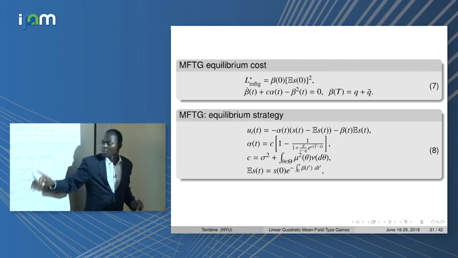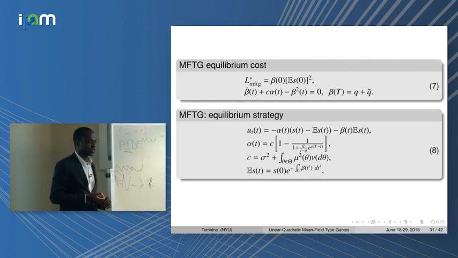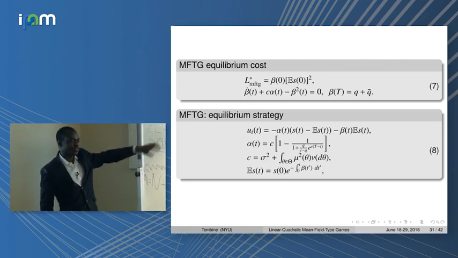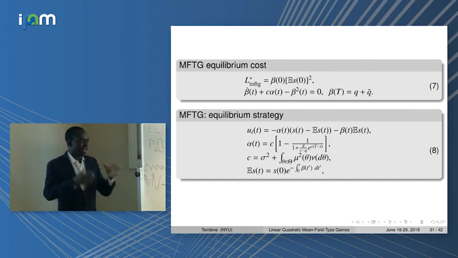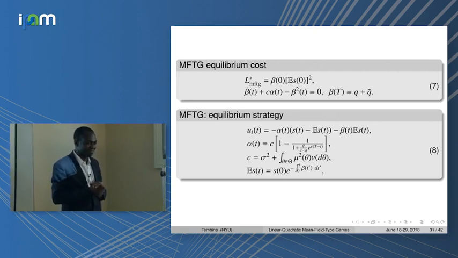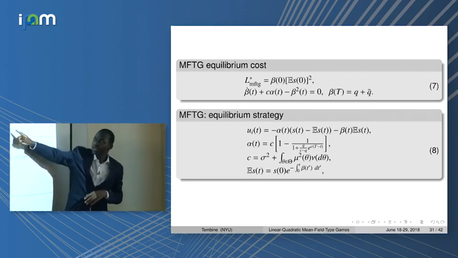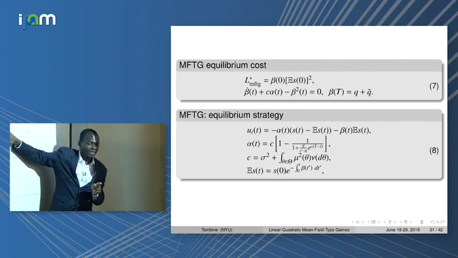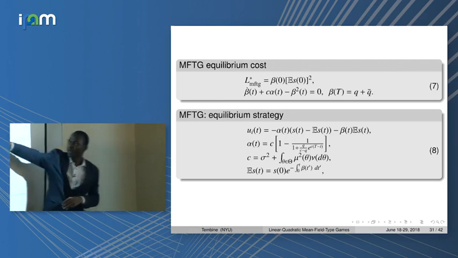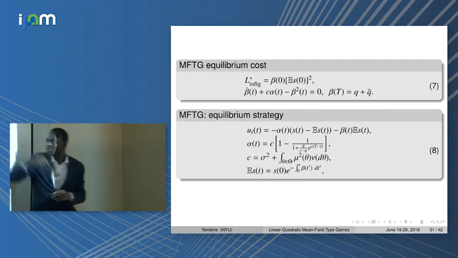Because the initial state will appear in your optimal control and the cost, this is called a time inconsistent solution, because you keep paying depending on where you start initially. So if the previous generation started somewhere, I am not part of that generation, but still I have to pay. That's time inconsistent. Okay? So the two solutions are different. This cost is lower than the cost in mean-field games because the beta here is lower than the alpha in the other one.